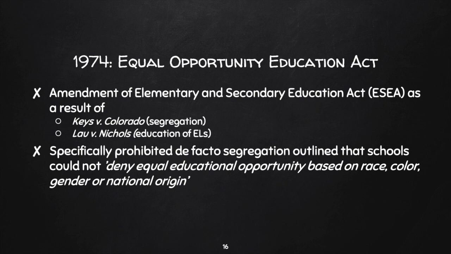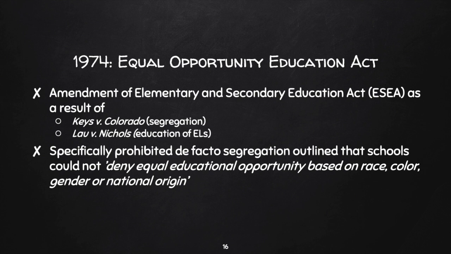And de facto segregation really is like, oh, okay, well, maybe it's just segregation that happened naturally because of location barriers, or this just happened to be the way it worked out. And so it forced schools to really start to look at where their current practices and current policies were actually helping segregation happen. Were they promoting segregation, whether they intended to or not? When something is done de facto, it may be done intentionally or not, but